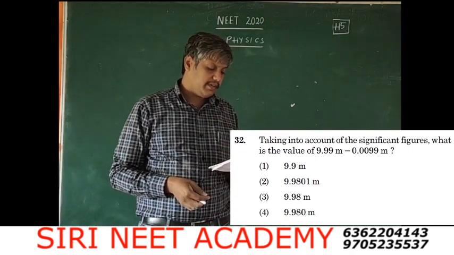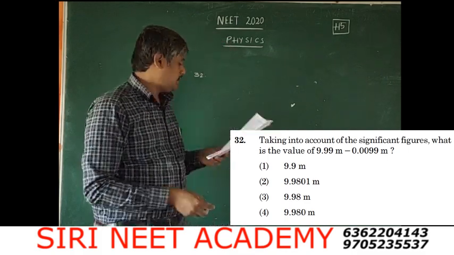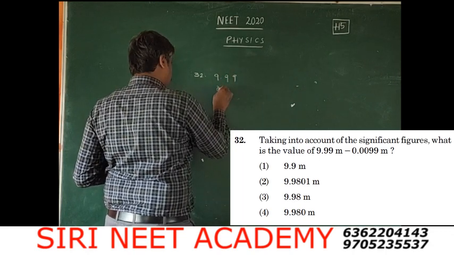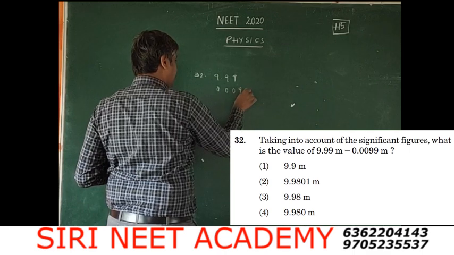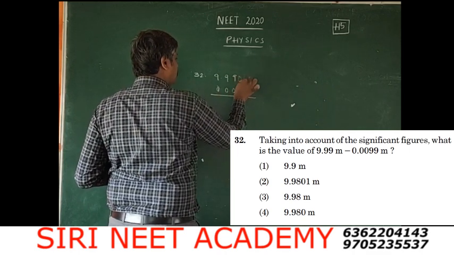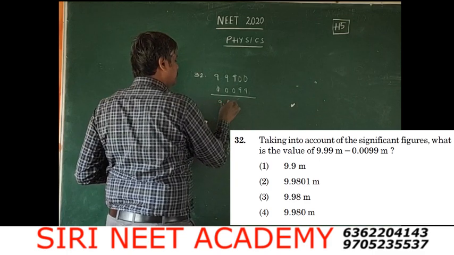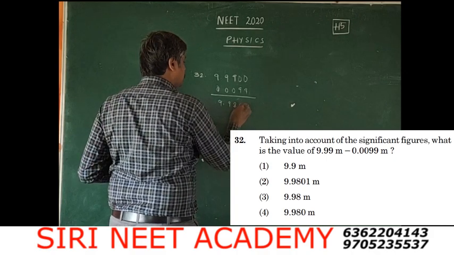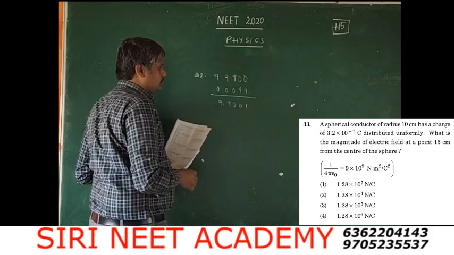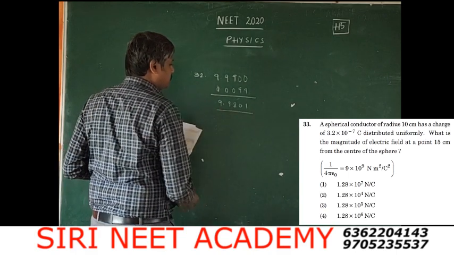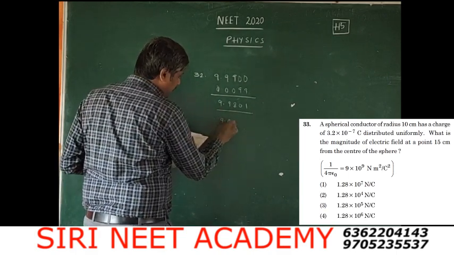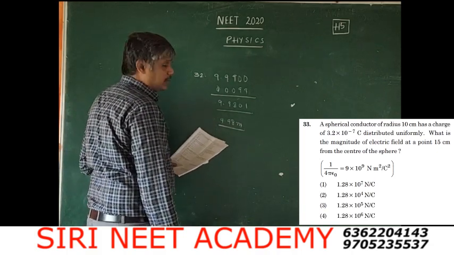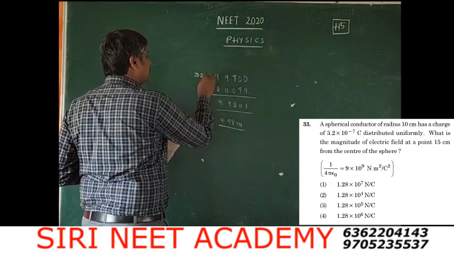Taking into account the significant figures, what is the value of 9.99 minus 0.0099? It will be 9.9801. Rounding off this to 3 digits, it will be 9.98. So the option corresponding to this answer is